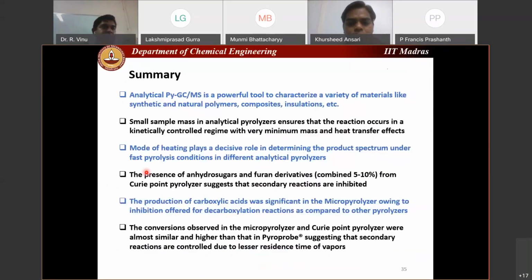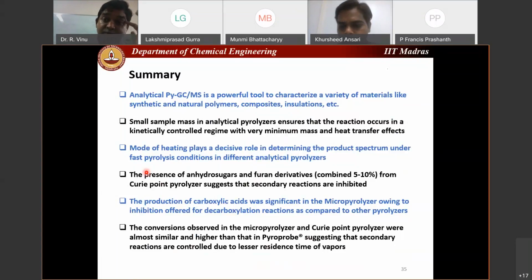Okay, so that's my summary. What I have described in the past 50 minutes or so is that analytical pyrolysis GCMS is a very powerful tool to characterize a wide variety of materials, and nowadays it's more widely used based on the papers being published in journals. It's more widely used for biomass pyrolysis research and small sample mass. There is some fundamental science that really goes into that. Small sample mass ensures that the reaction occurs in a kinetically controlled regime, and mode of feeding plays a decisive role. That is what we observed in our study with algae pyrolysis. So we found that